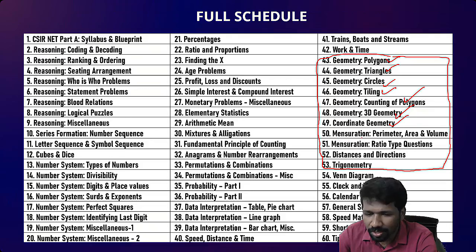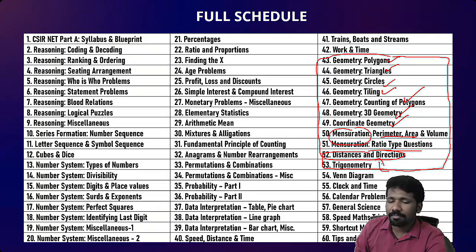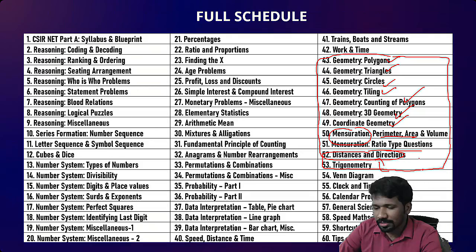Then 3D geometry में geometry का area, perimeter, volume related is called mensuration. उसके लिए separate 2 lectures होगा. Then इसका application type reasoning का एक topic है distance and direction. But CSIR में mathematical type questions भी distance and direction से आता है. Pythagoras theorem solve करने वाला या Pythagorean triplet का idea use करने वाला, that we will be separately discussing. That's why we have included it in geometry itself.